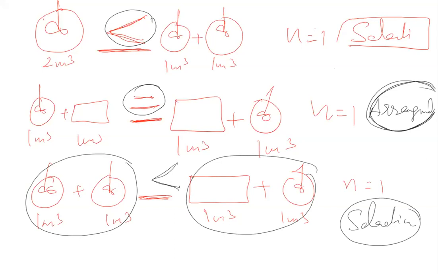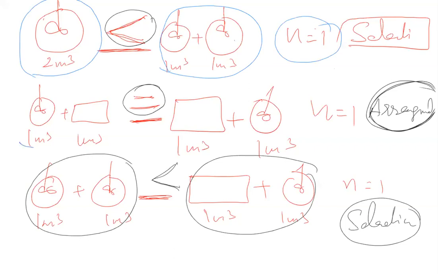So the first one is a 2 meter cube reactor, and this is two 1 meter cube reactors. So these are two different reactor systems. Then you should go to selection of the reactors. When you're talking about the selection of reactors, since it is a positive order reaction, 2 CSTRs in series will be better than a single CSTR. So this will be no doubt. We have solved the question.